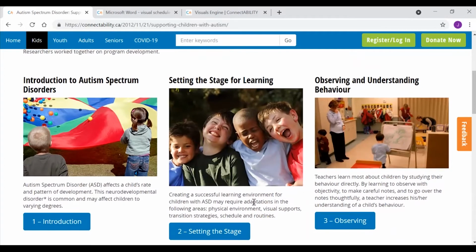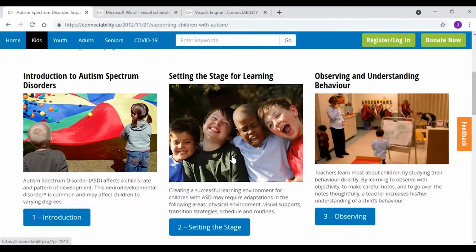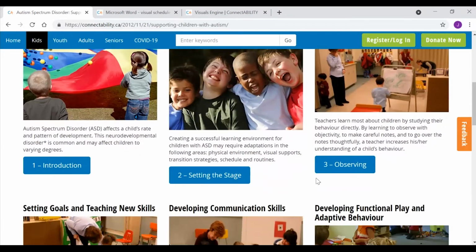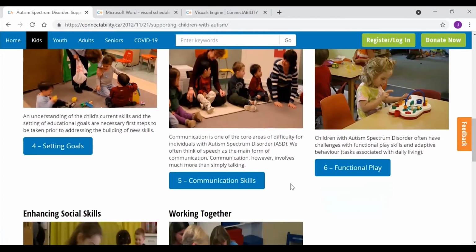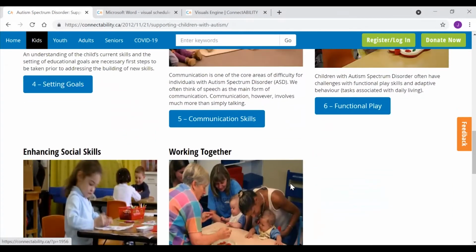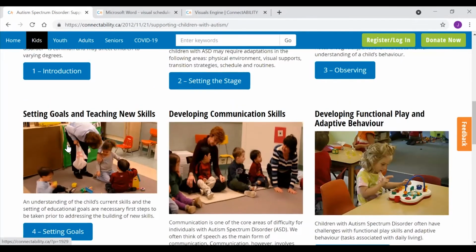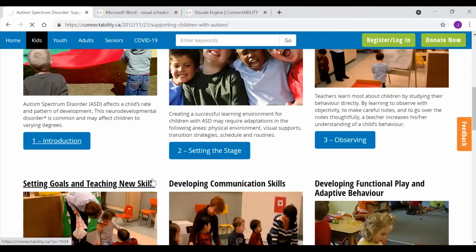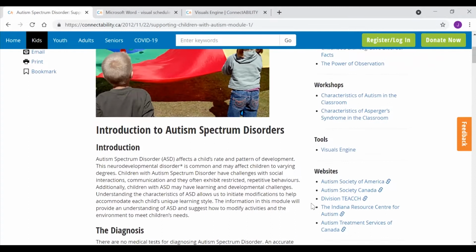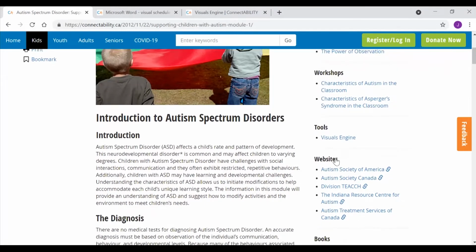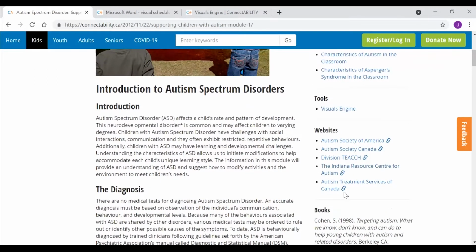And these sort of go through an introduction, setting the stage, observing, understanding behavior, setting goals and teaching new skills, developing communication skills, and all sorts of other stuff. And basically, when you go into each one of these, it has everything from tip sheets, links to tip sheets, and actual workshops that are related to that topic, as well as websites you can see on the side